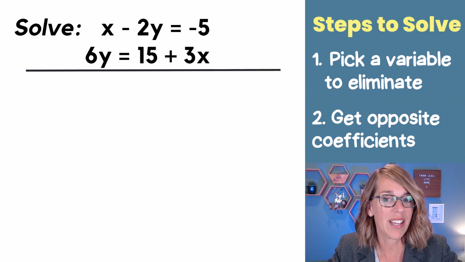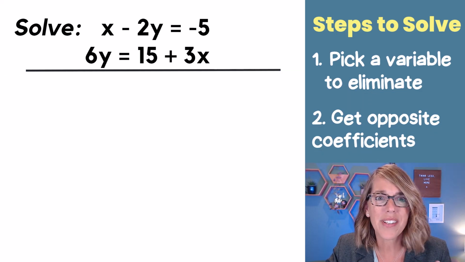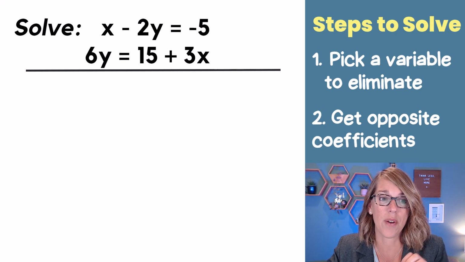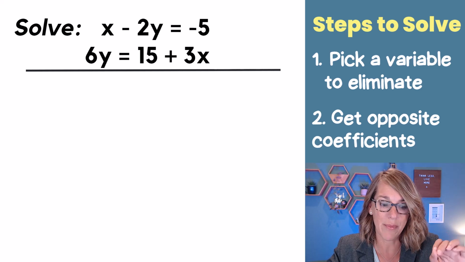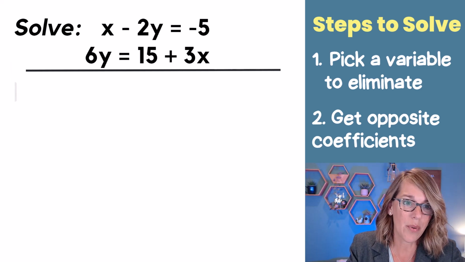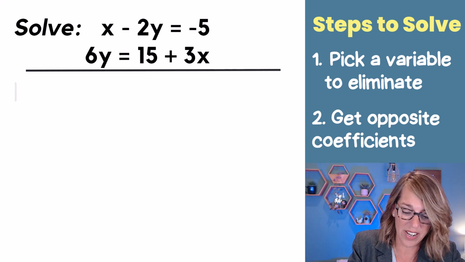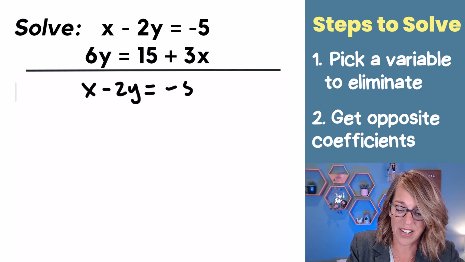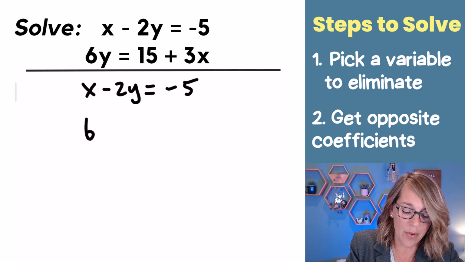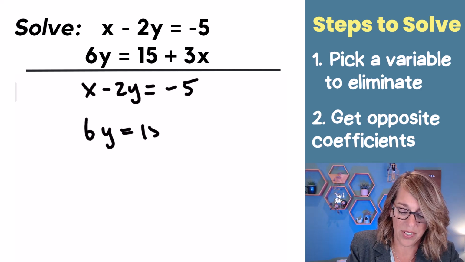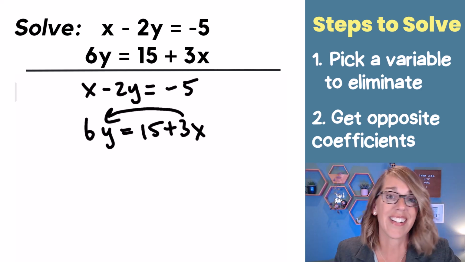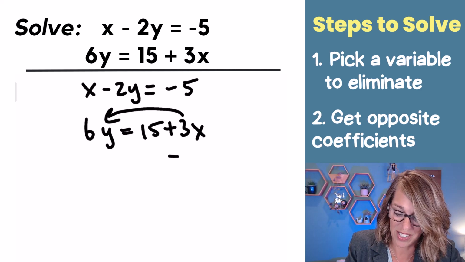Now we want to start by picking a variable to eliminate, but I noticed that my variables are not in order. I want to get both of these into general form. Variables on one side, numbers on the other. The first equation is exactly how I want it. So I'm going to go ahead and keep that x minus 2y is equal to -5. But for the second equation, 6y equals 15 plus 3x, I really need that 3x to be on the other side. So I'm going to subtract my